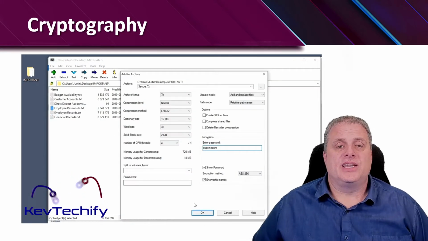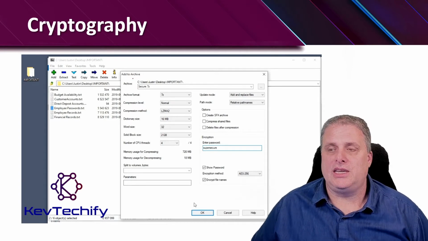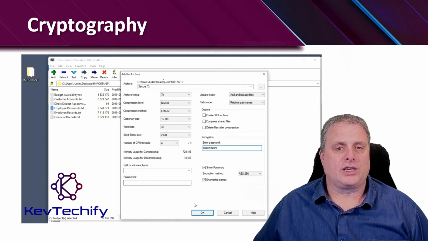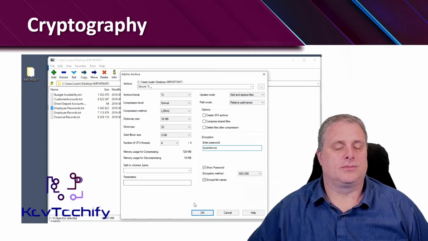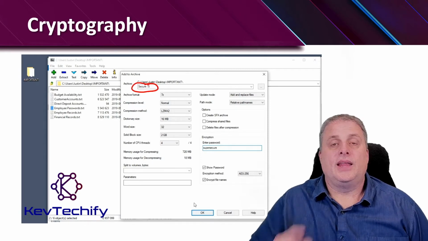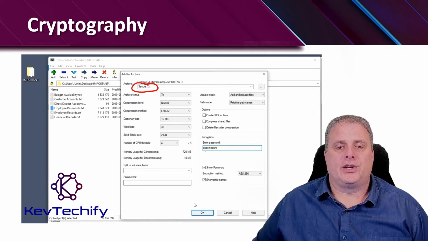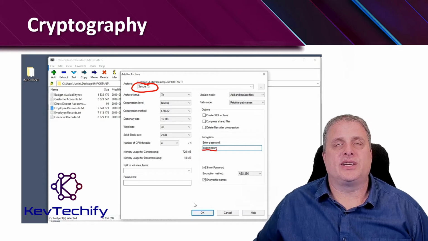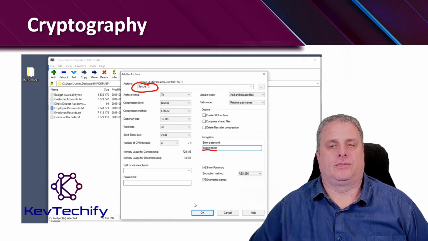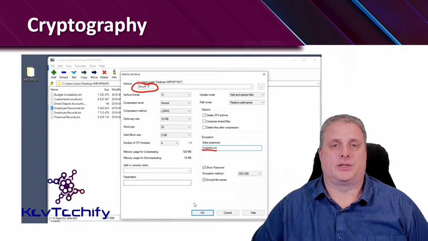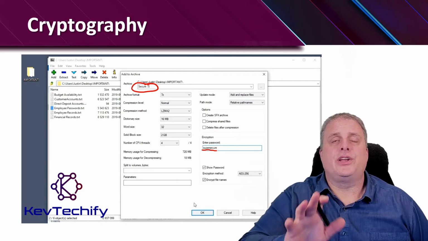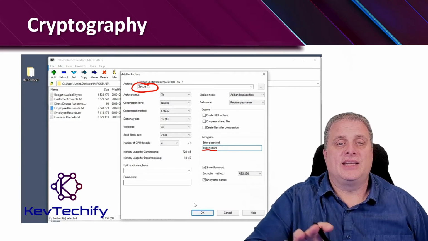And the first thing is to name the file. I changed it from the default of the directory name to something that would make sense to me. Here I'm going to call it secure.7z. 7z is the extension that 7-Zip uses. And then for the password, we're going to enter in super secure. This is going to be a symmetric password, all one word, all lowercase. And this is going to encrypt these two files inside this new file,